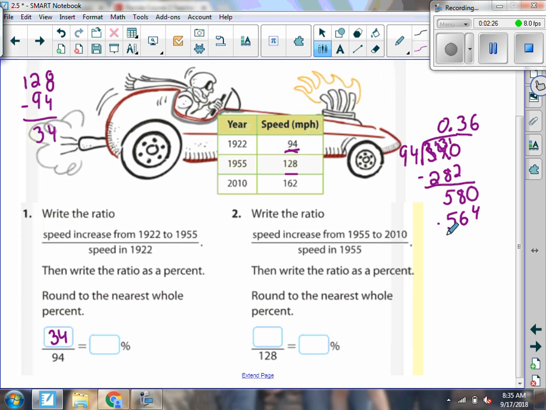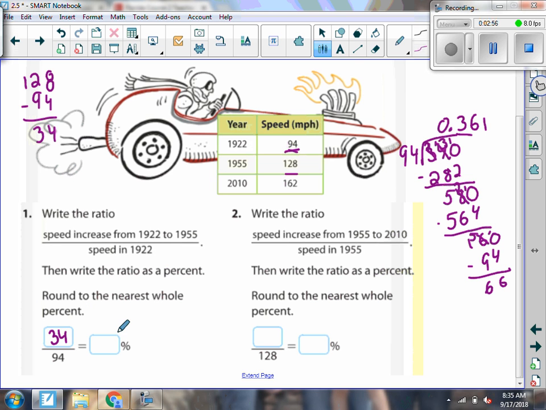That's 564. So I carry my 1s. 10 minus 4 is 6. 7 minus 6 is 1. So I'm going to add another 0. 94 goes into 160 1 time. So I carry my 1 again. This is 6. 15 minus 9 is 6. Okay, I'm going to stop here